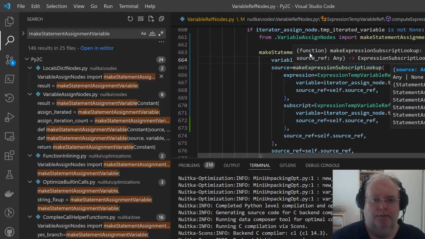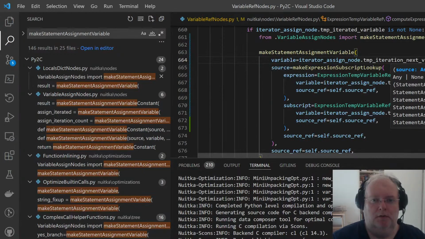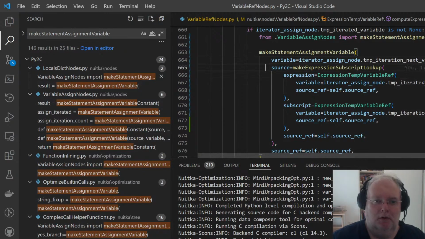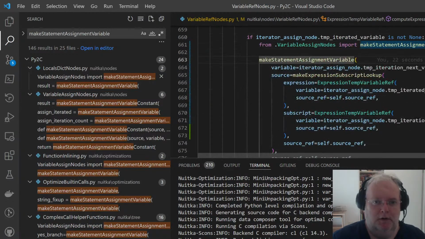Okay. What else do we have to provide? We have to provide a variable as source. We're done. We do not know a version, and we don't have to. So that is one statement.